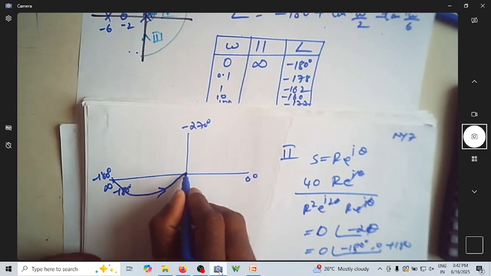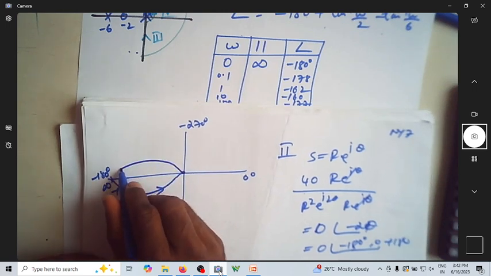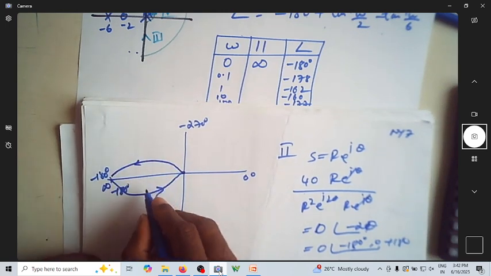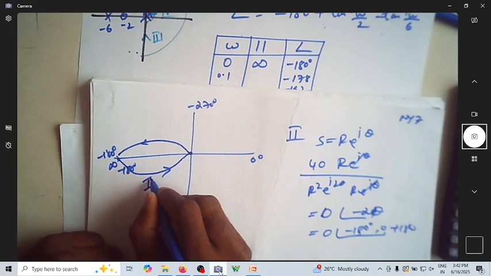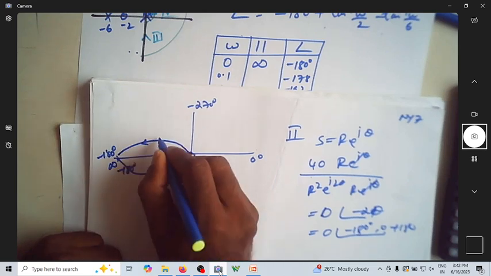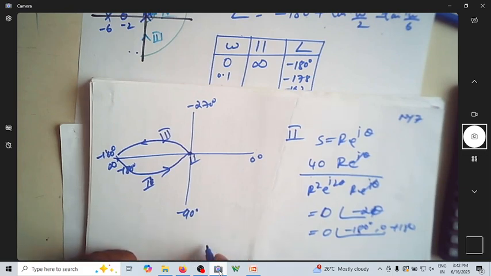Third segment is the mirror image. It actually goes like this. So this is how it is going here. This is the first segment. Sorry, the second segment is a dot. The third segment is the mirror image. The fourth segment would be